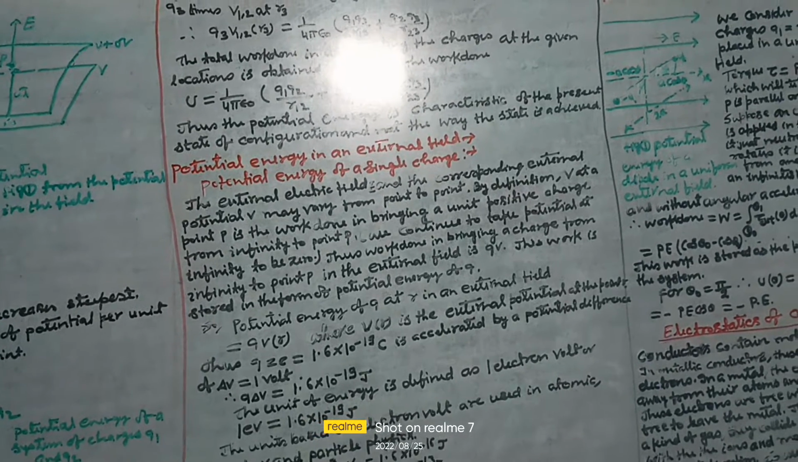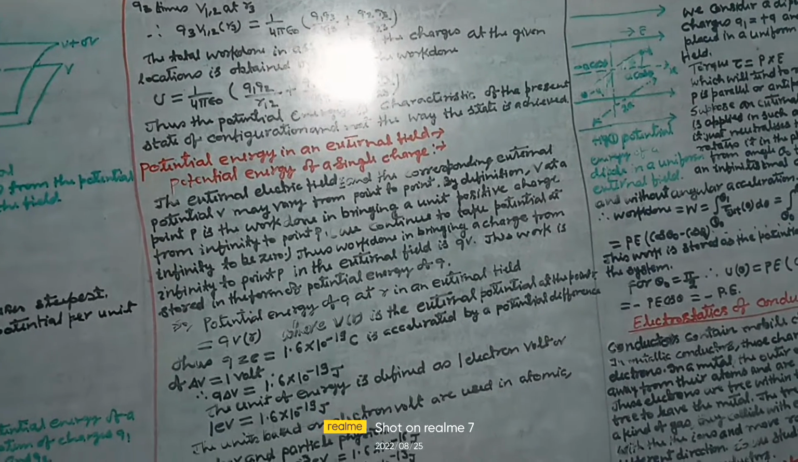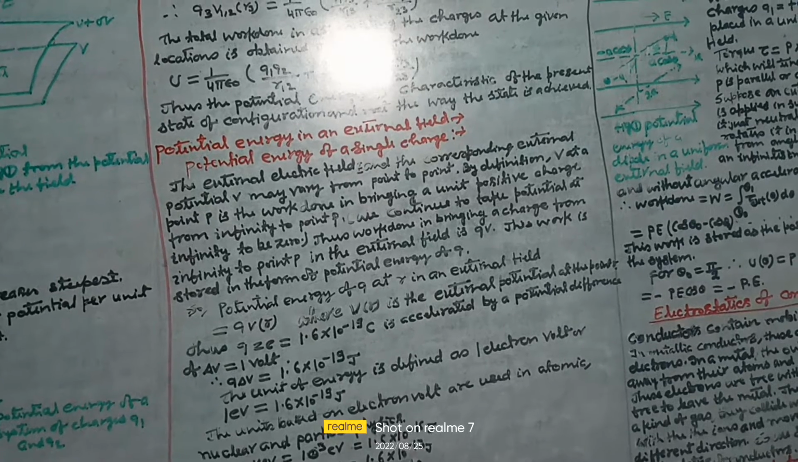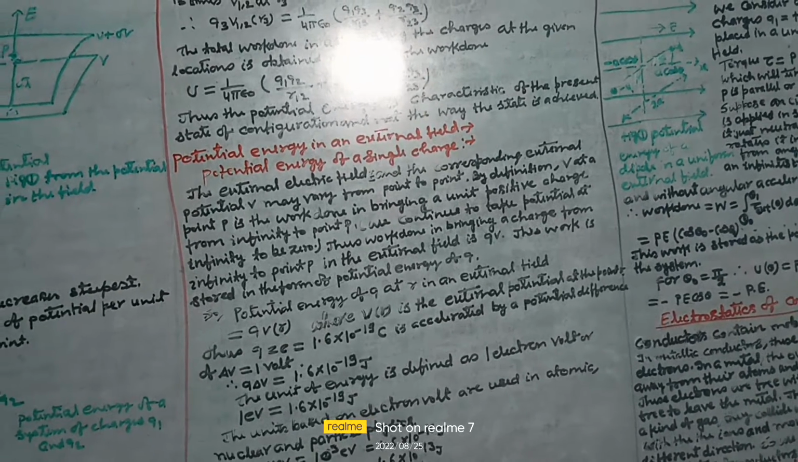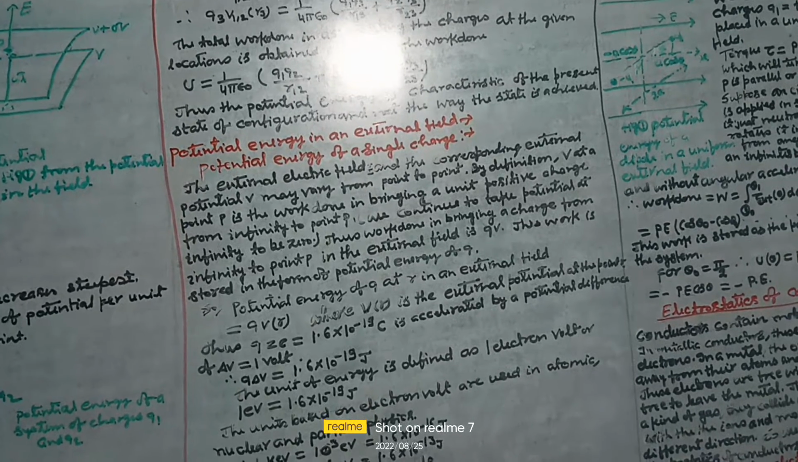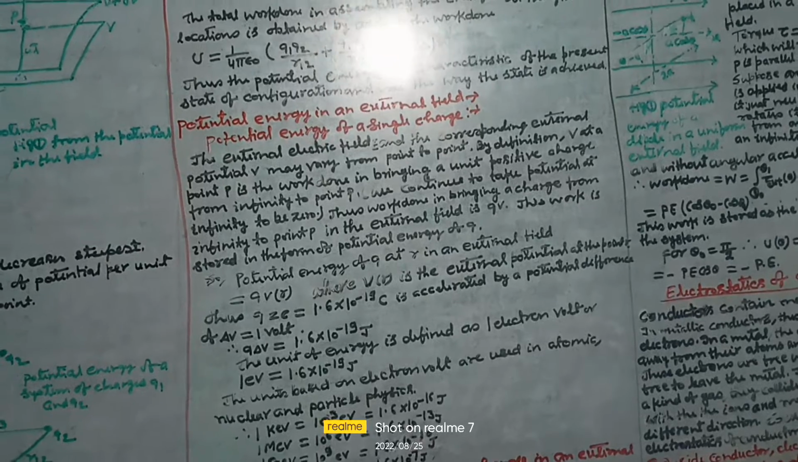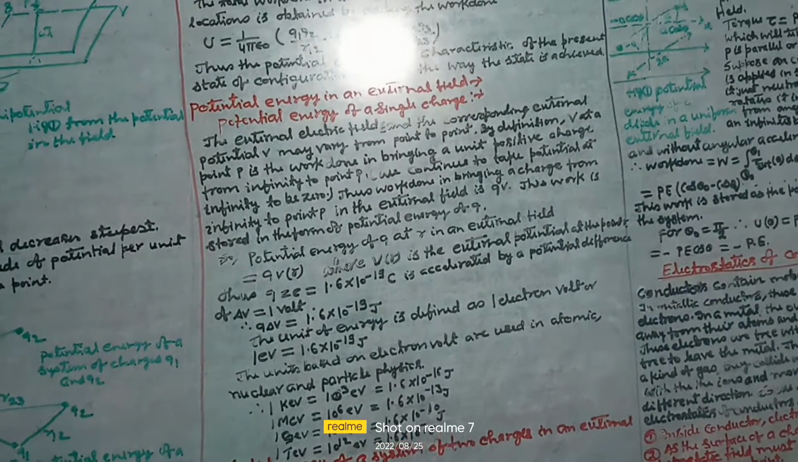The units based on electron volt are used in atomic, nuclear and particle physics. The table shows: 1 kilo electron volt = 10^3 electron volt, 1 mega electron volt = 10^6 electron volt, 1 giga electron volt = 10^9 electron volt, 1 tera electron volt = 10^12 electron volt. Potential energy of a system of two charges in an external field, as shown in the figure: charges q1, q2